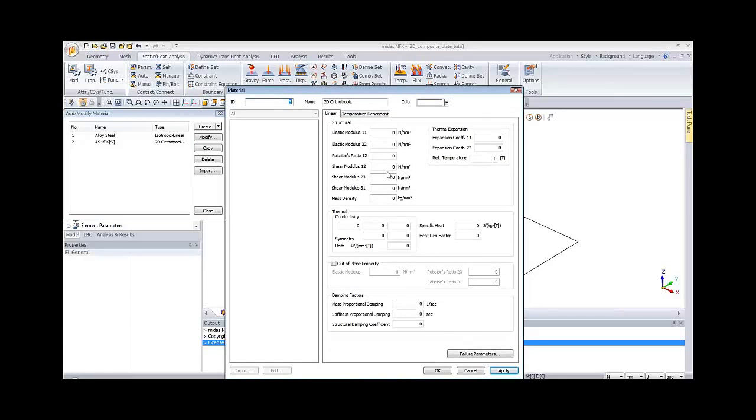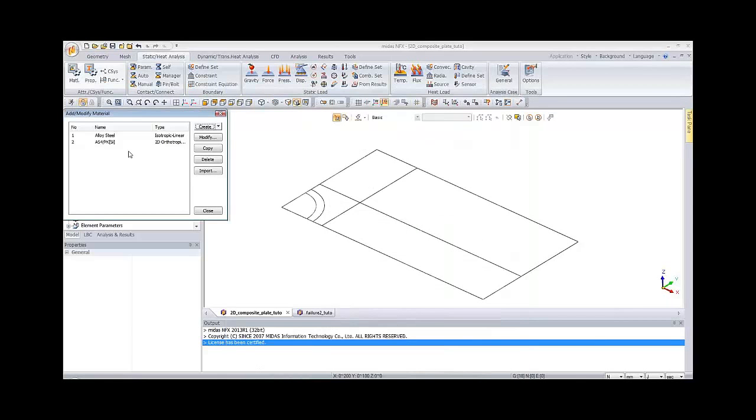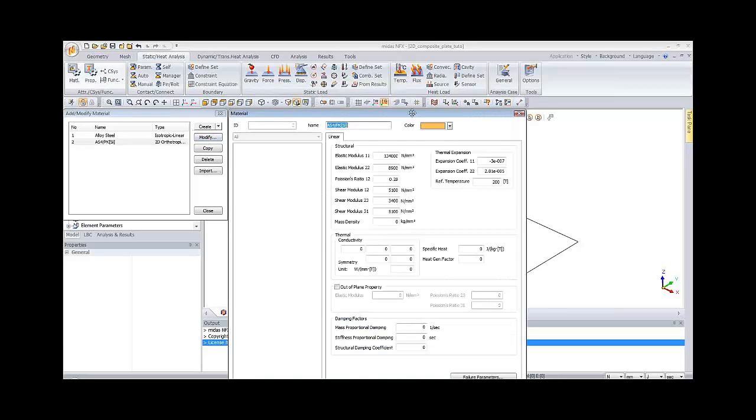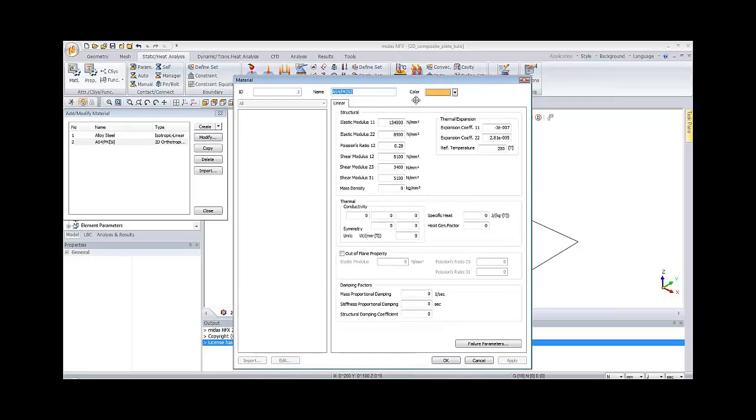As Mathieu presented, this is the kind of material we use frequently for composite analysis. So here I already have one 2D orthotropic material that I will use for this simulation. It is an ACE P4 PKSI, and here you have all the coefficients that I entered.